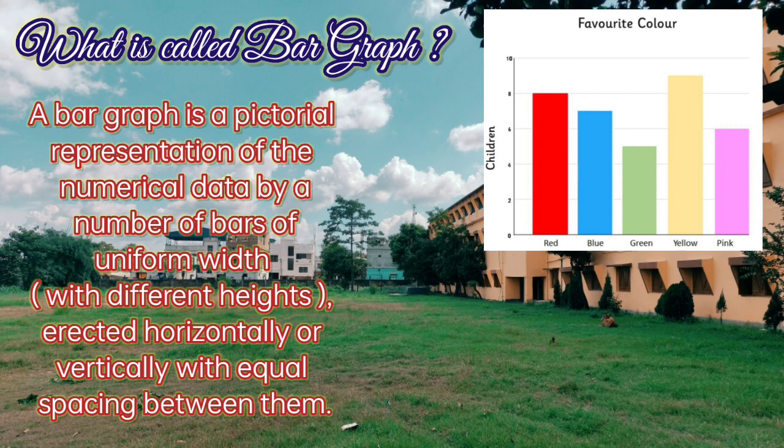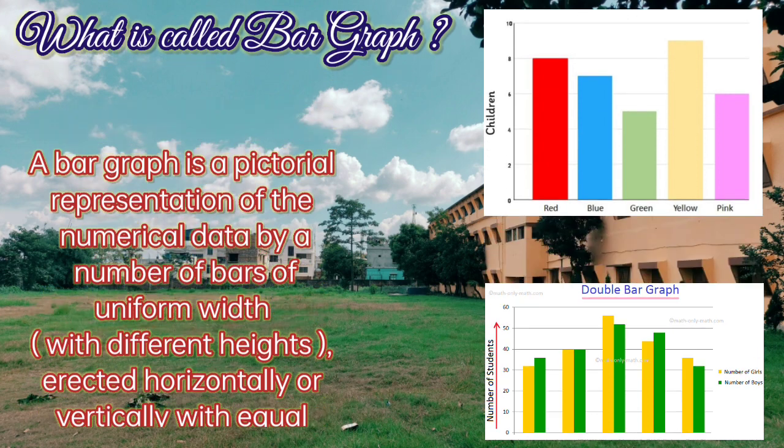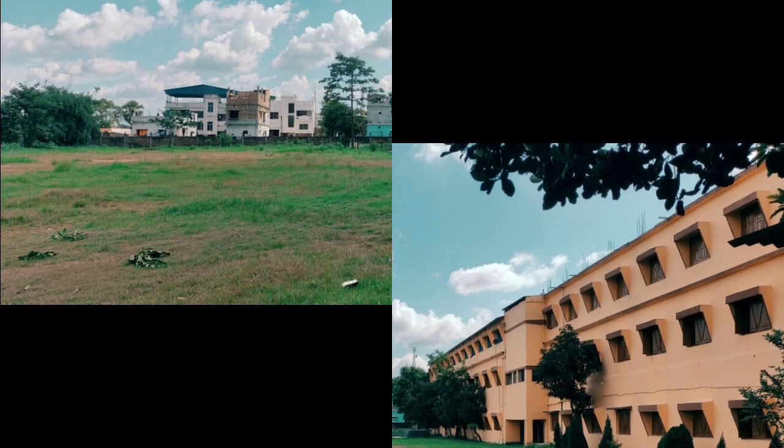There is one special type of bar graph called a double bar graph. A double bar graph is mainly used to compare two different things. In a double bar graph, two bars are drawn together so that it can give us a visual representation and reflect the difference between both of the parameters very easily. So students, let us try to find out the answers to the given questions with respect to the given double bar graph.